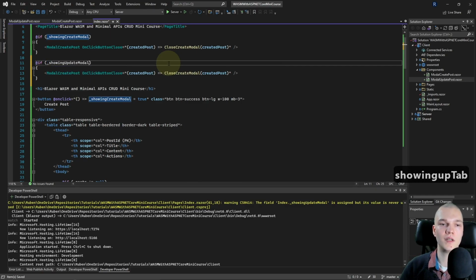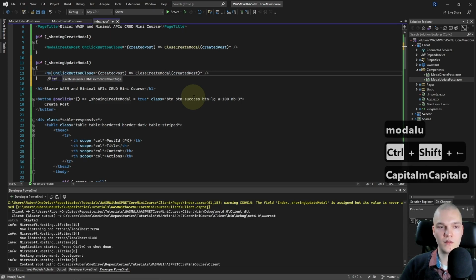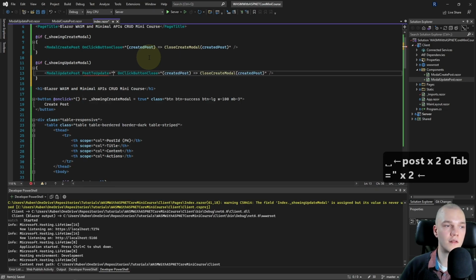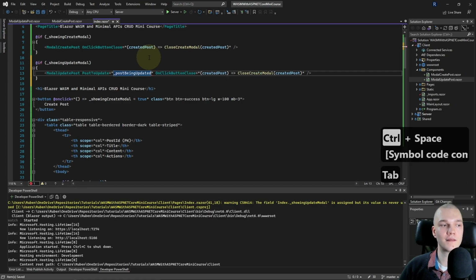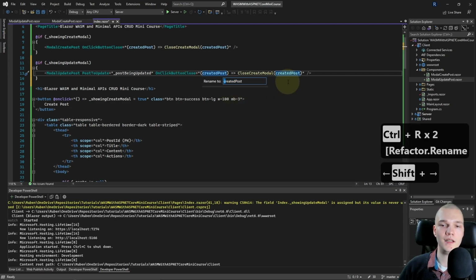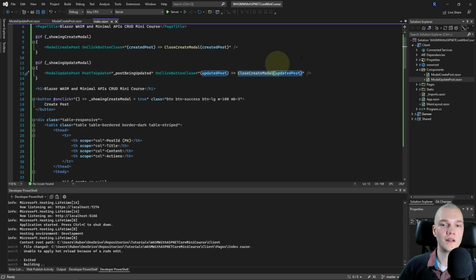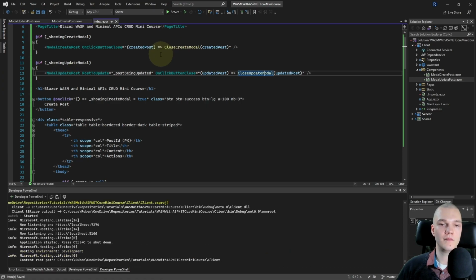So showingUpdateModal, and if so will show the modal UpdatePost, and for the postToUpdate we will pass in the _postBeingUpdated, and on button close I'll just rename the createdPost to updatedPost, and then call CloseUpdateModal, then pass in the updatedPost. Okay, this might be confusing, but it should work now.